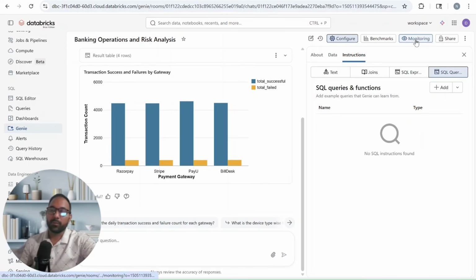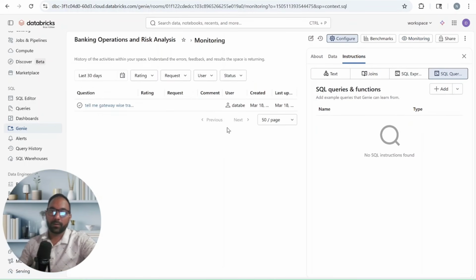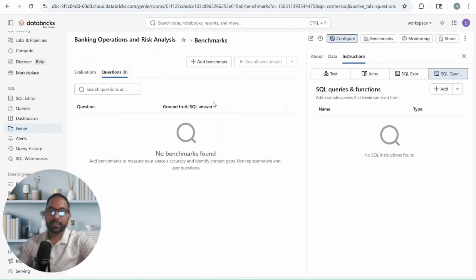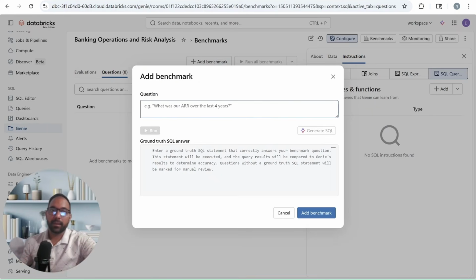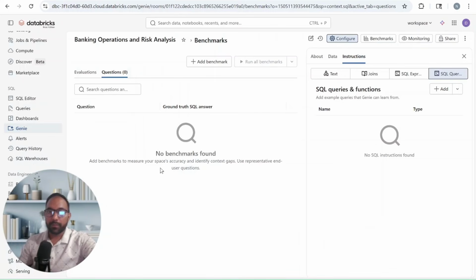And then in the monitoring section, we can monitor whatever queries have been run historically. And in the benchmark section, we can add some benchmarks, like a question and its respective answer that we are expecting, so that after adding multiple benchmarks, we can run those benchmarks and see how our Genie is doing. So using all these options, we can make Genie so powerful and make it return the exact data